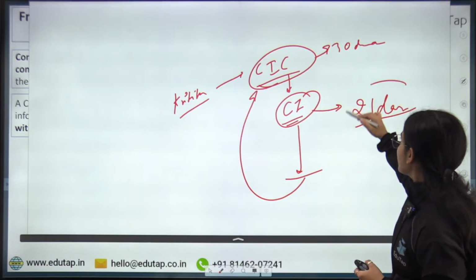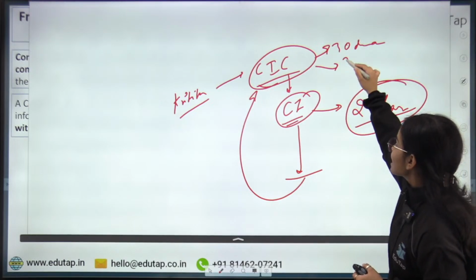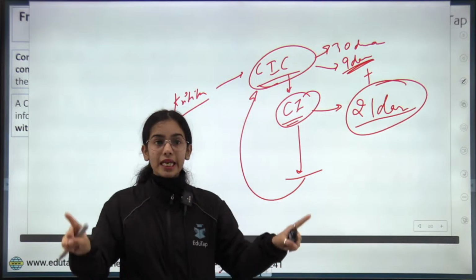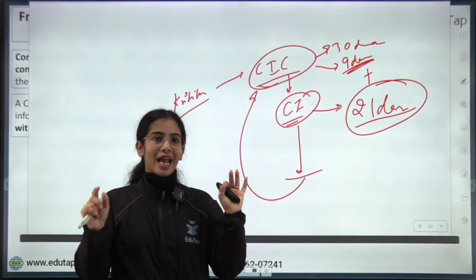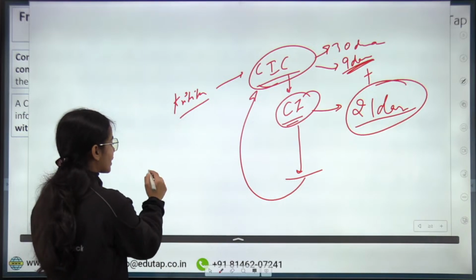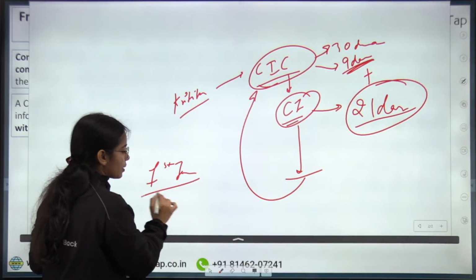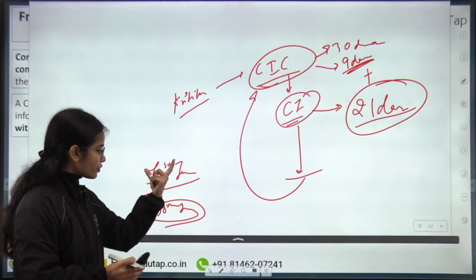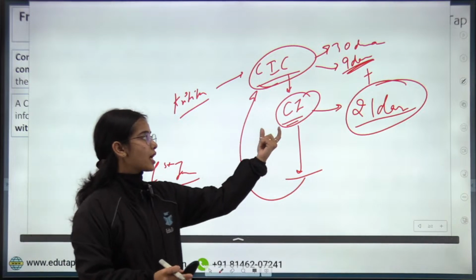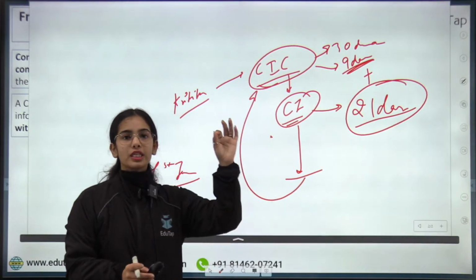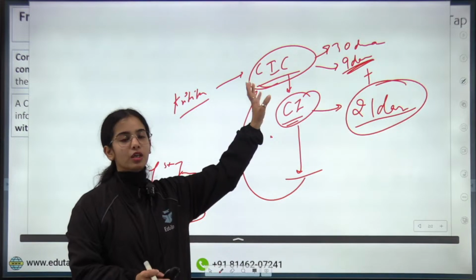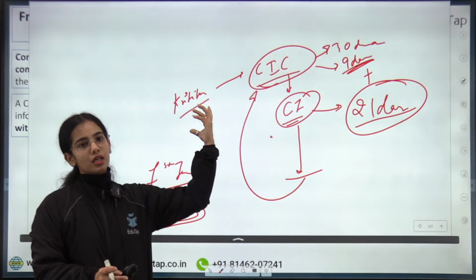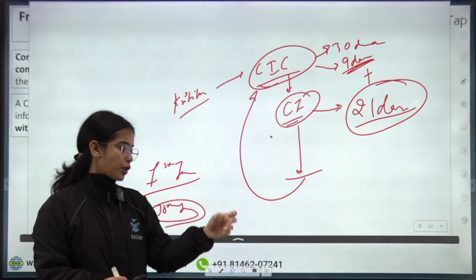That means 21 days plus, the CIC actually has 9 days left to revert to Kritika. Okay, this is the idea, that within 30 days, this whole process should finish and I should get my reply. That is, if I have raised my complaint on 1st January, by 30th January, the reply has to happen. So out of this 30 days, 21 days are given to the credit institution and only the 9 days are left with the credit information company to send the reply to me that okay, the data has been corrected, or okay, we have resolved your complaint.